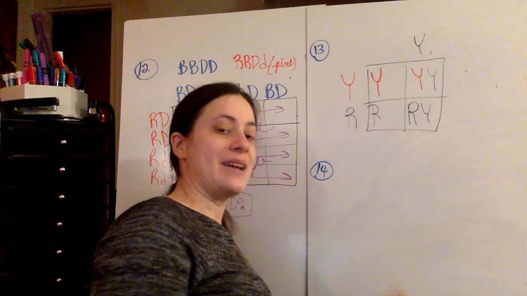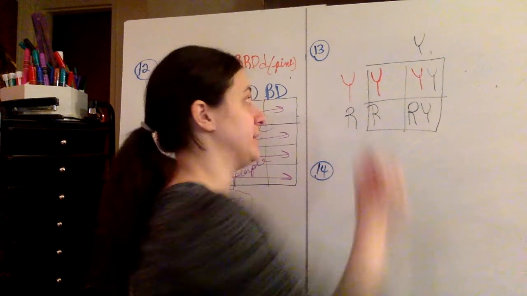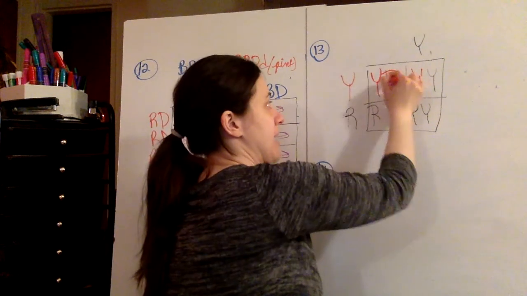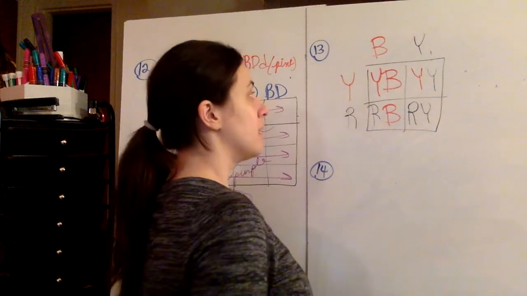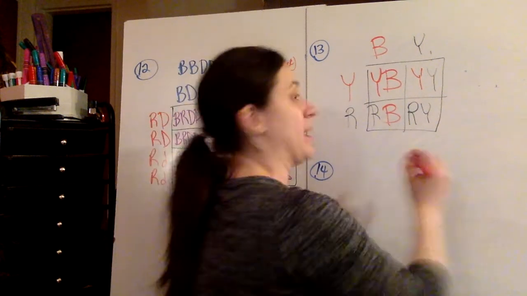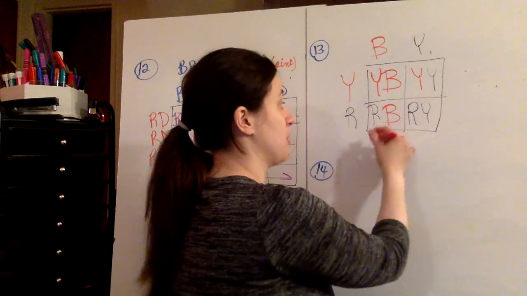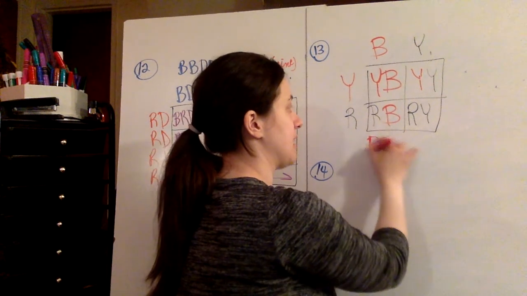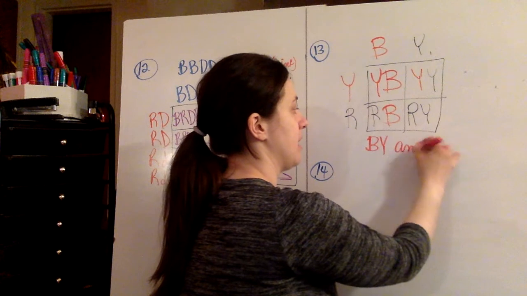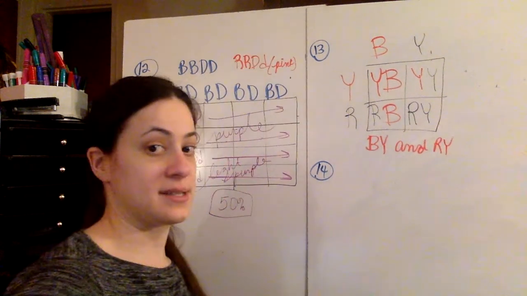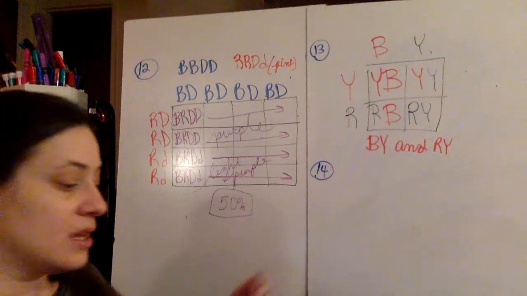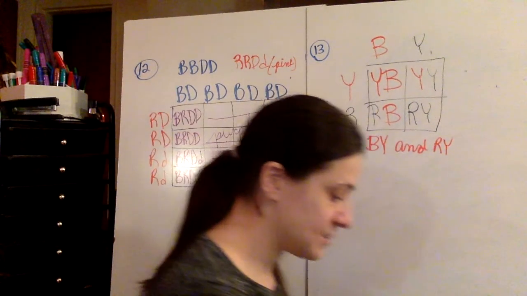But the only allele that we're missing here is the B allele, because there had to have been a green offspring and a purple offspring, and there are our two parents. So the answer to number 13, the parental genotype, so we have big Y and we have RY. So those are the parental genotypes. So the very, very last one,